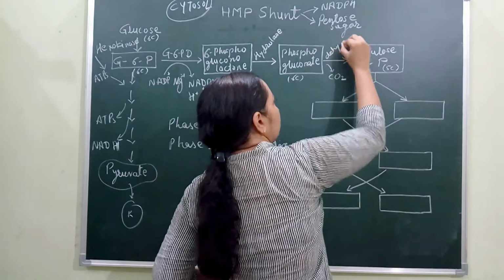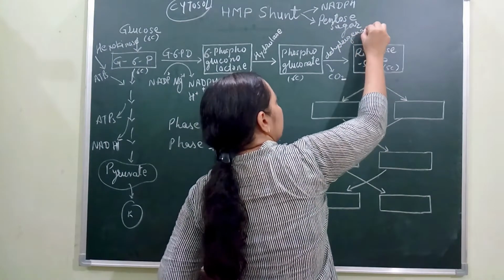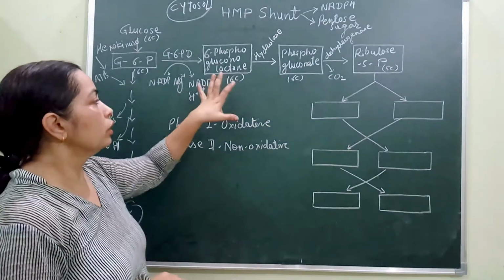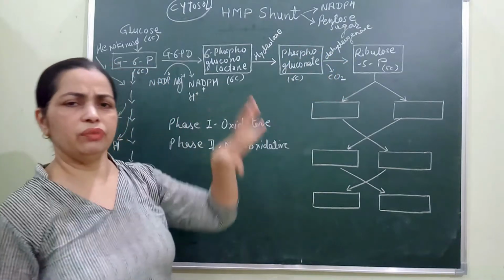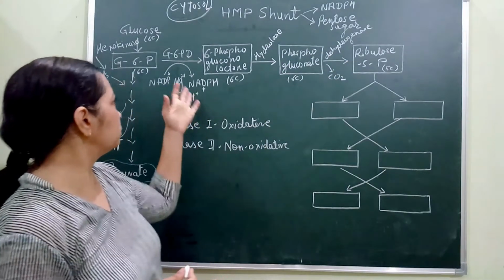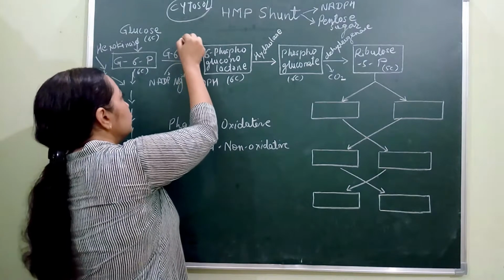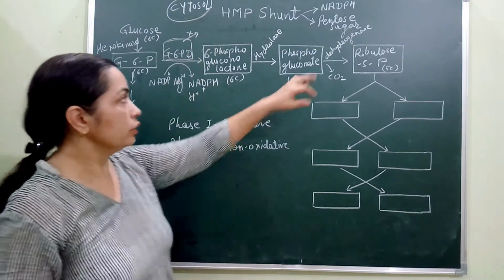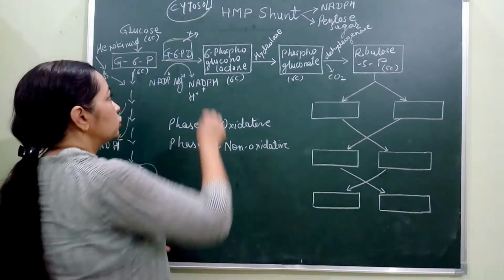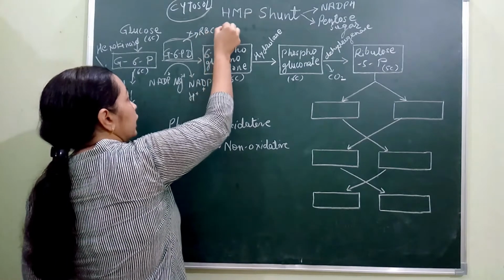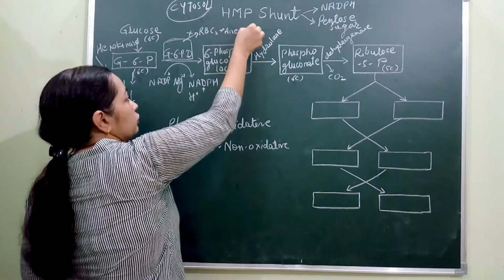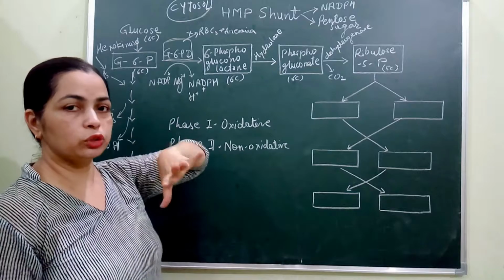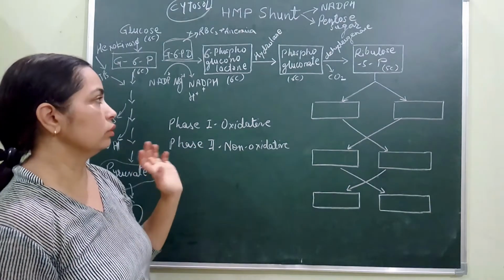So here there is involvement of some dehydrogenase enzyme, and this enzyme is not as important as the first one, G6PD. It is not of much importance compared to this, because if G6PD is absent, in the absence of this enzyme, there is absence of NADPH, and that leads to destruction of RBCs, and that leads to hemolytic anemia. So it is a very complicated condition. So this dehydrogenase has more specificity, or it is quite important to be understood.